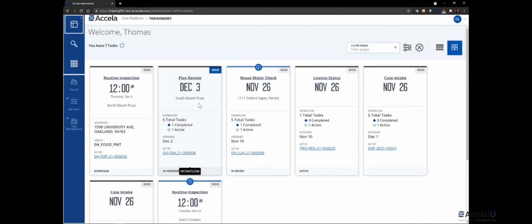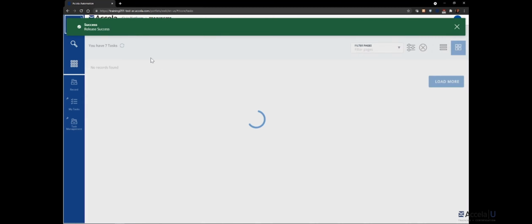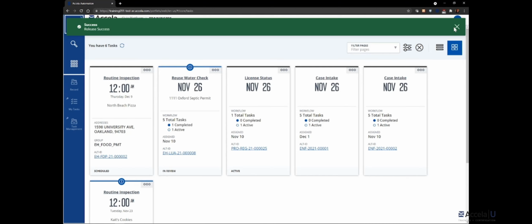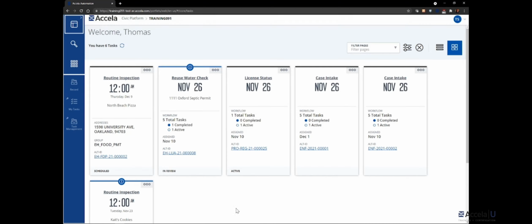If I wanted to take my name off of a task, I can use the ellipsis and I can release. And that takes my name off the task and puts it back in the queue with just the department level assignments. So it'd be assigned to my department, but not to me. So that would also remove it from this view of my task dashboard because it would no longer fit the criteria. So I'm going to choose release, and I get a green success banner at the top that appears. My task dashboard updated, and that Plan Review task is no longer showing here because it's no longer assigned specifically